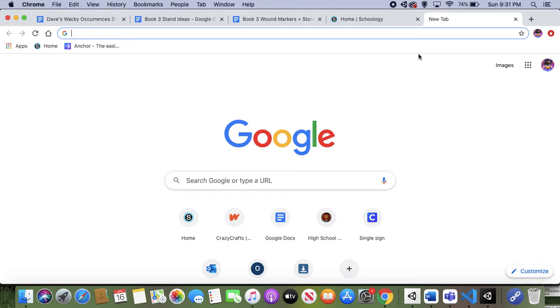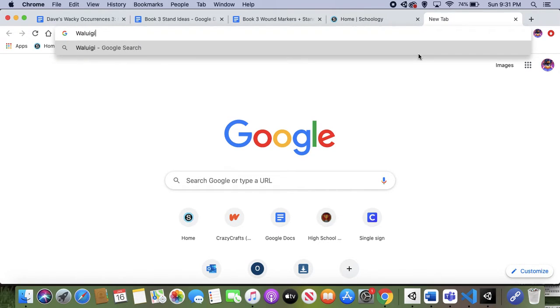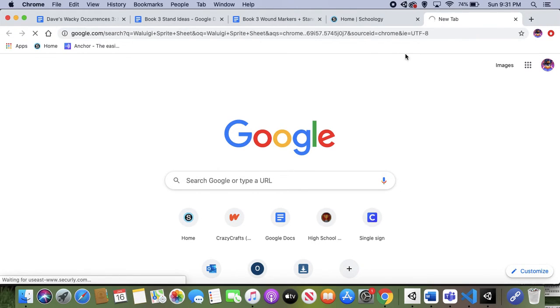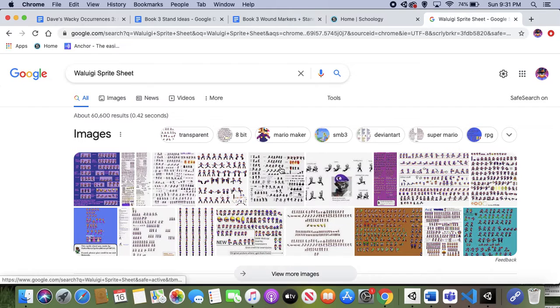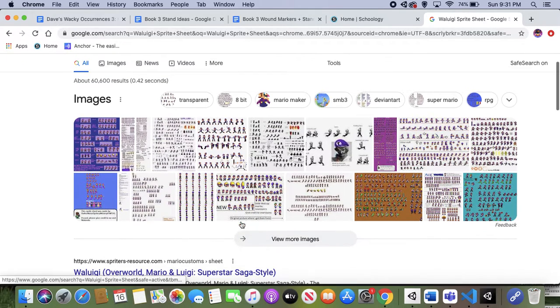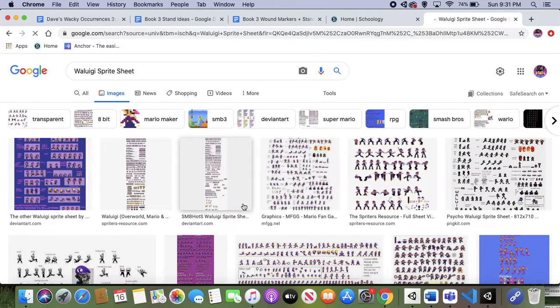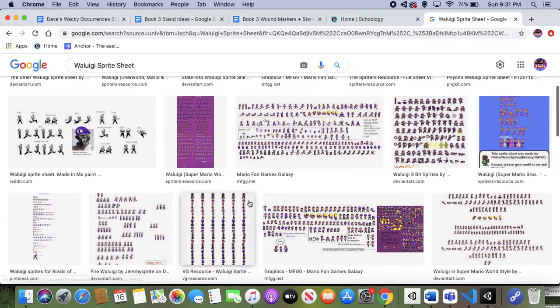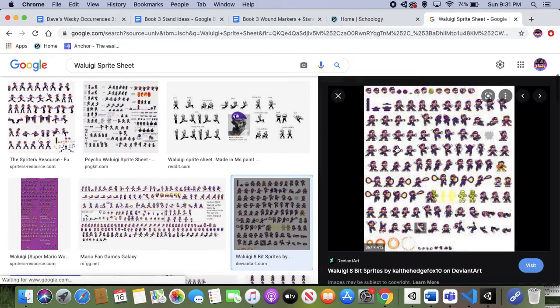So I want to make a new character sprite sheet for a person that I want to use for a talking thing. So I'm going to do just Waluigi because I like him quite a bit. And the trick is, whatever sprite sheet it is, make sure you type in the name and you type in the sprite you want to use. So you normally say, yeah, sprite sheet. If you want like a Wario sprite sheet or a Gex sprite sheet or something, and you kind of look